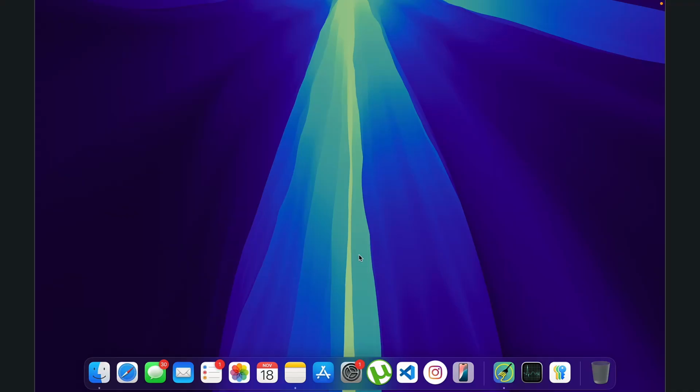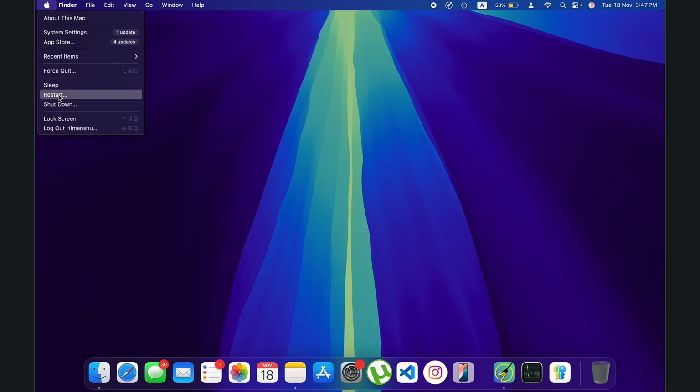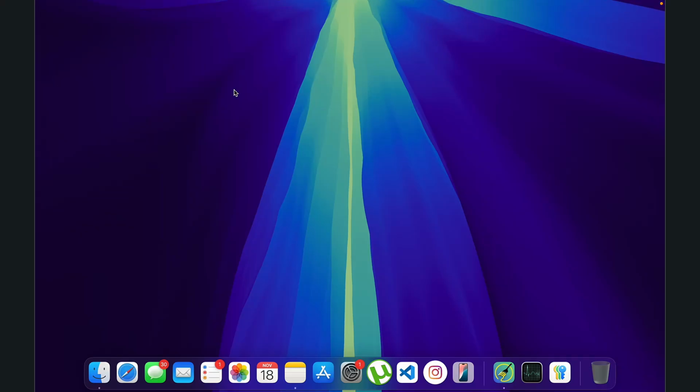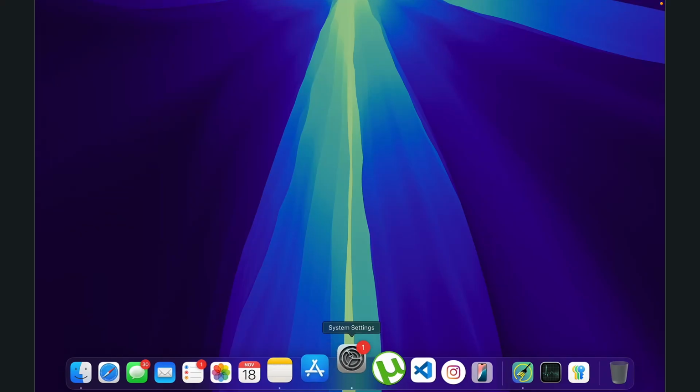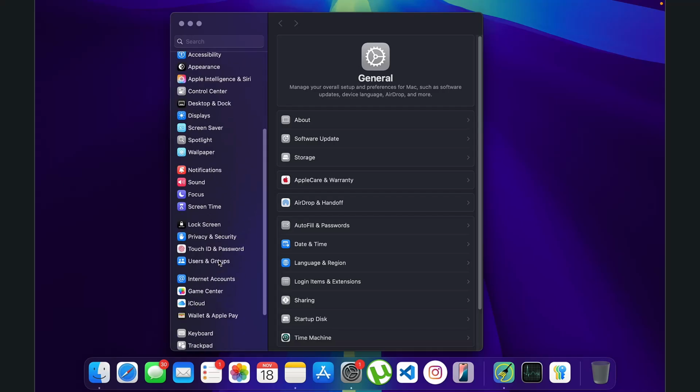So first things first, I want you to go ahead and restart your PC by simply clicking up here and then click on restart. Once you've done that, if it is still not fixed, then go to System Settings and